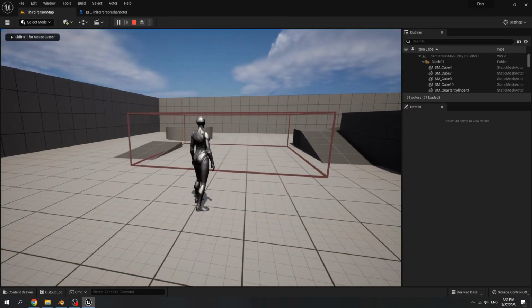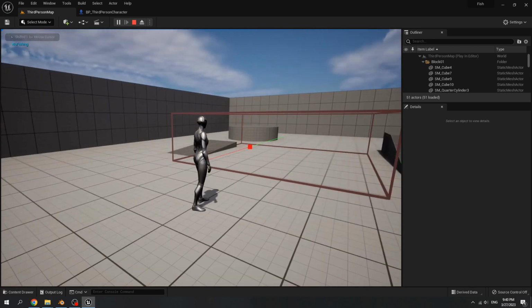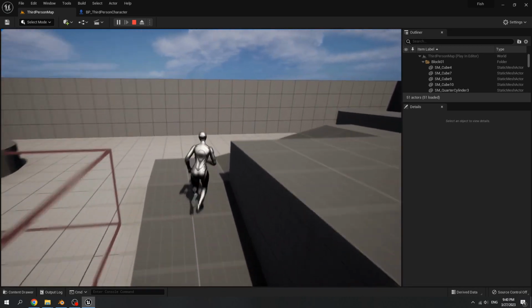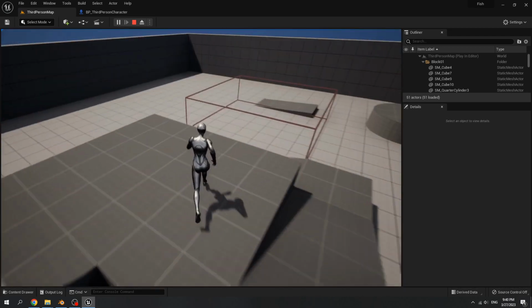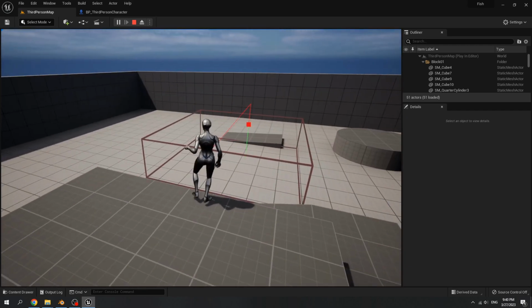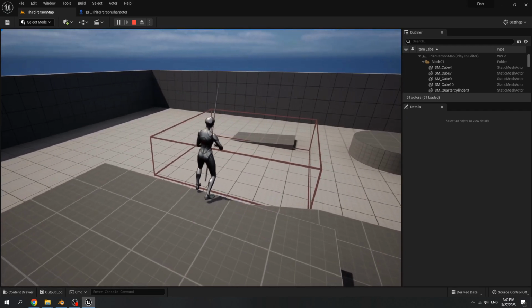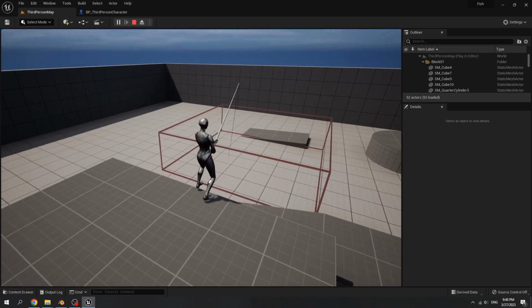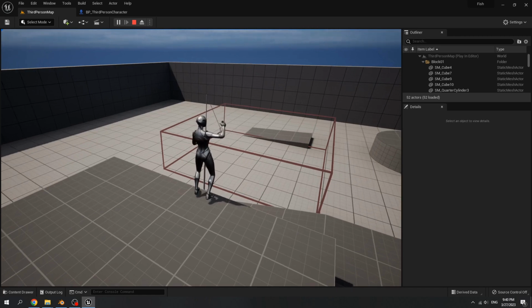Let's play test it. When we hit E, we collide with the box, so the character can go fishing, and when we detect the box from above, we start the animation. This is the end of our tutorial, and for the next tutorial we will create the fish that can swim and we can catch those fish.